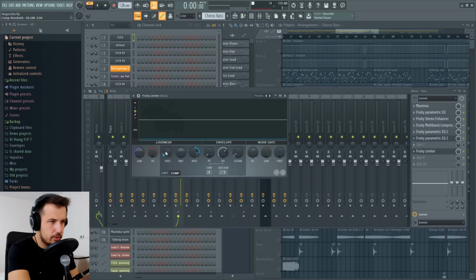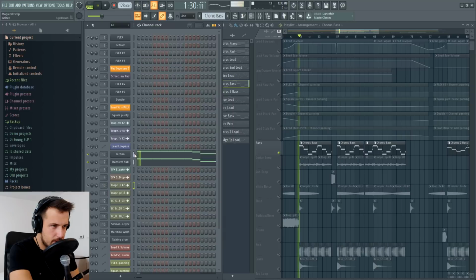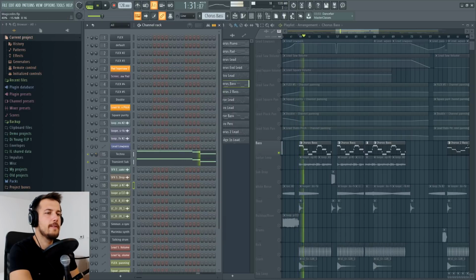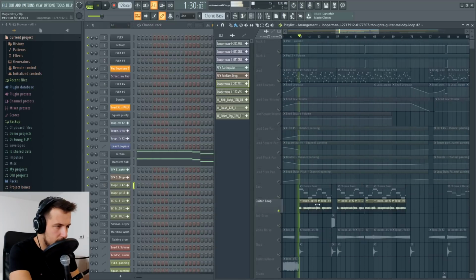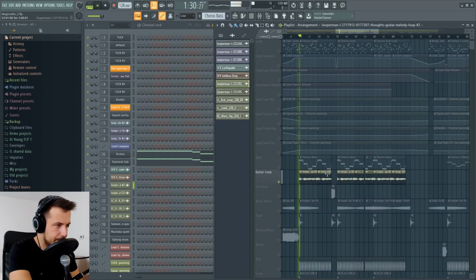So by lowering the threshold, the sidechain goes lower. So if it's all the way down, when the kick hits, this bass sound will be at 0, so you won't be able to hear it. This way it will be super quiet, but not at 0, basically. So by lowering the threshold, the sidechaining will be more obvious. Maybe we can lower this sound. Something like that. Okay, now let's move on to this,